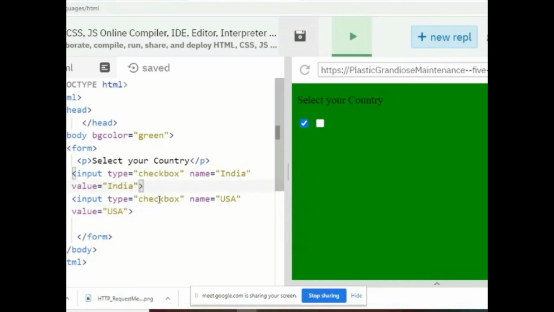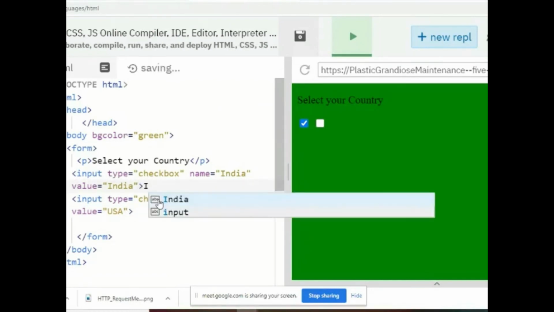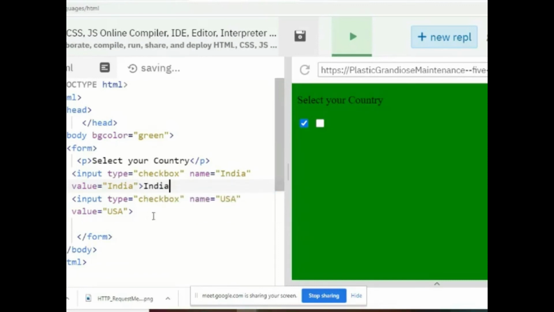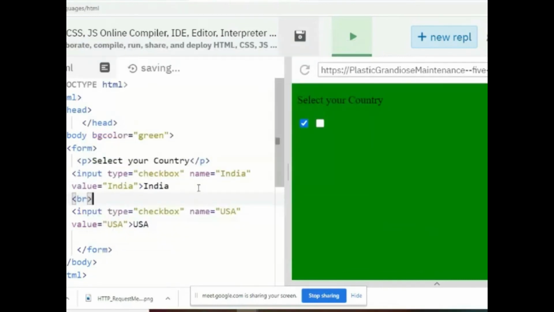You have to put the name here and put the name here. Like this, you can get it. So this is how you can create a checkbox.